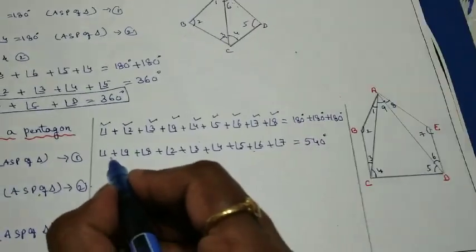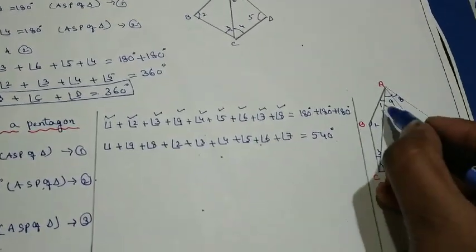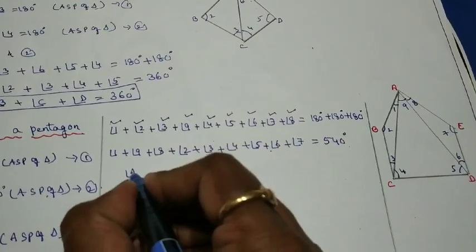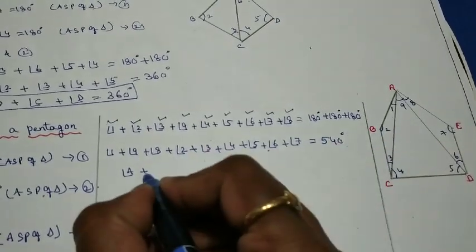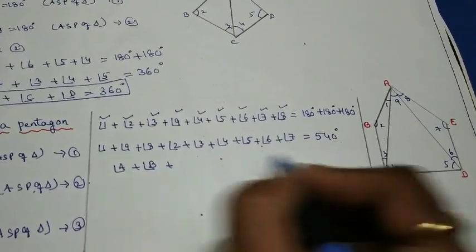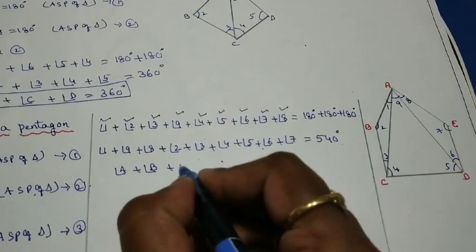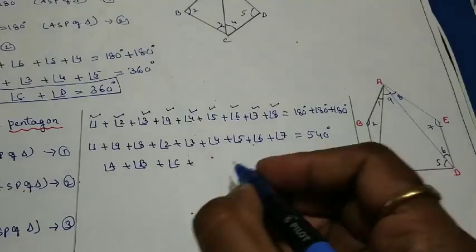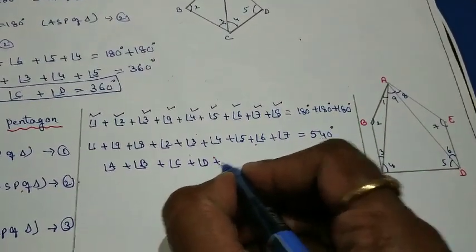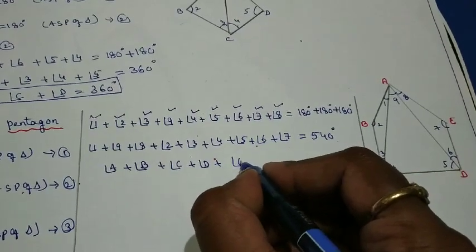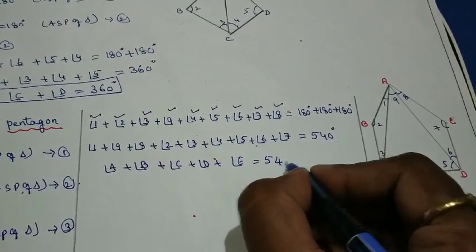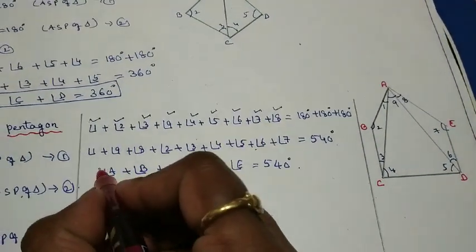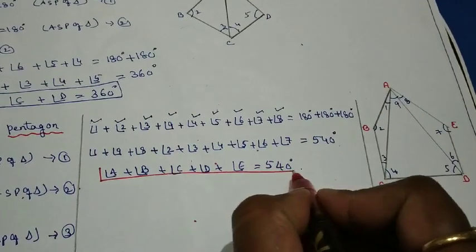So angle 1 plus angle 9 plus angle 8, grouping these three angles, we get vertex A. Angle A plus angle 2 gives angle B, plus 3 and 4 we have vertex C, plus 5 and 6 we have vertex D, therefore angle D, plus 7 we have angle E, is equal to 540 degrees. That is the sum of all angles in a pentagon. The sum of all angles in a pentagon is 540 degrees.